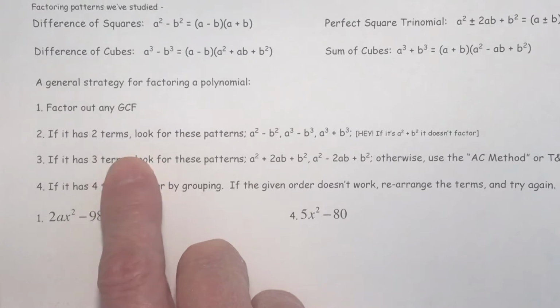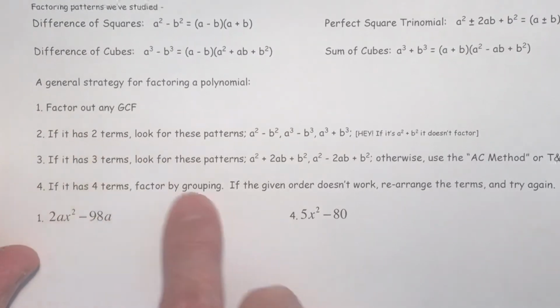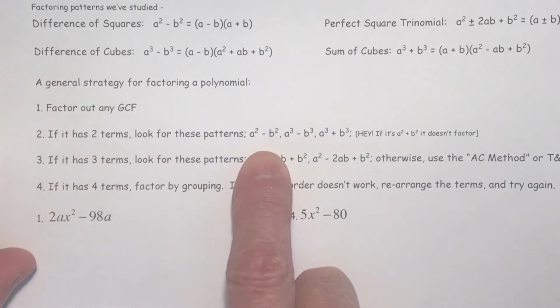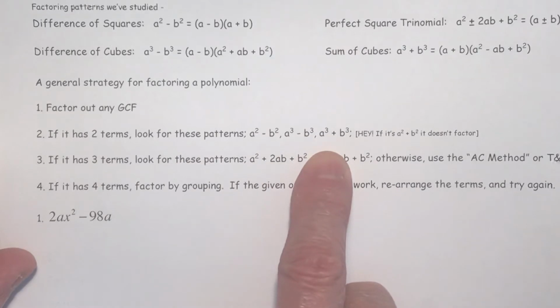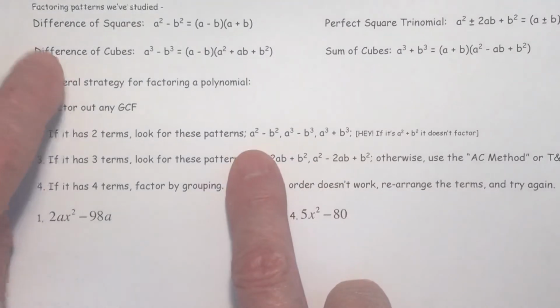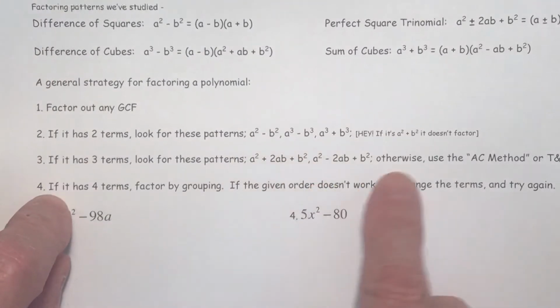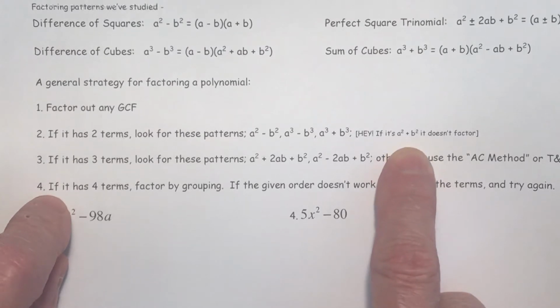Then it's a matter of how many terms there are: 2, 3, or 4 terms. If it's 2 terms, look to see, is it a difference of squares? Is it a difference of cubes, or is it a sum of cubes? And of course, if it's one of those, you use one of those patterns at the top of the paper. And remember, a sum of squares is prime. It doesn't factor. You can just write prime as your answer if it's a sum of squares and you've